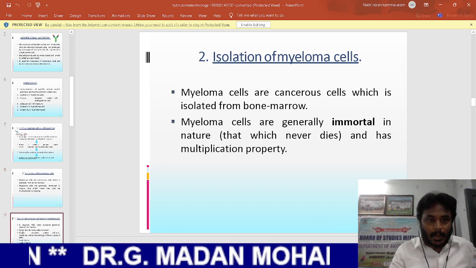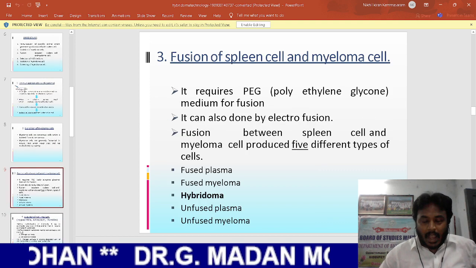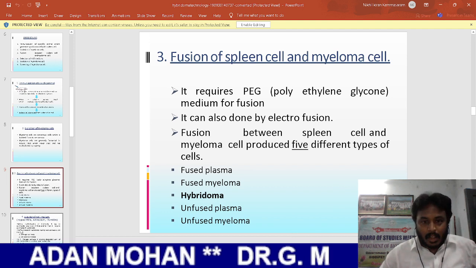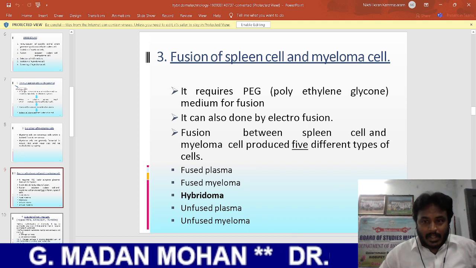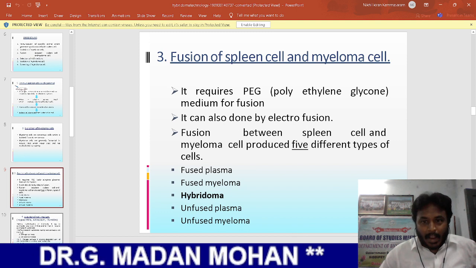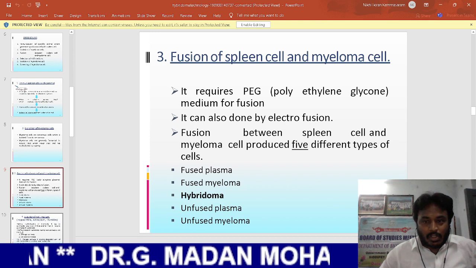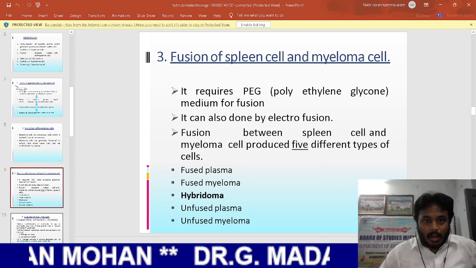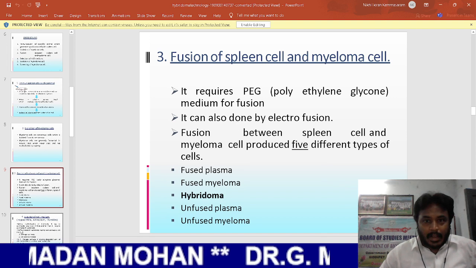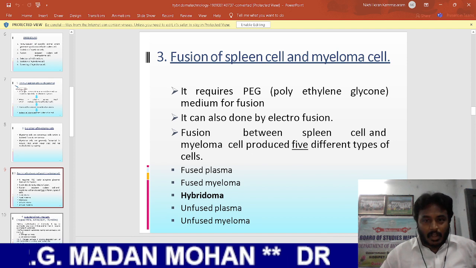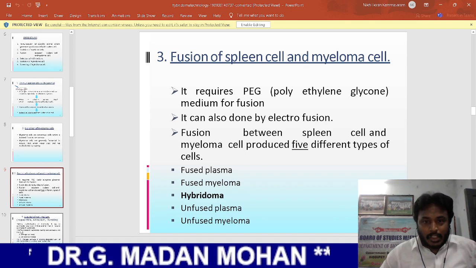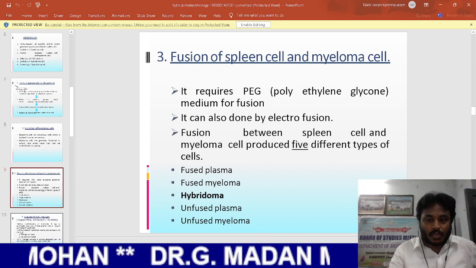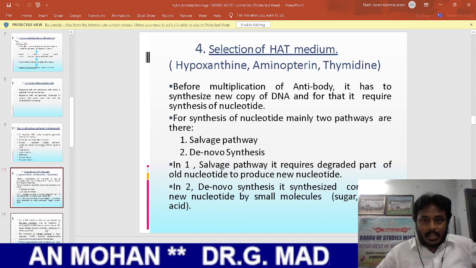Coming to the third step, B lymphocytes and myeloma cells are fused. Before fusion, the myeloma cells are treated with 8-azoguanine, and this 8-azoguanine removes HGPRT from the myeloma cells. So B lymphocytes are fused with HGPRT minus myeloma cells. That is commonly called somatic cell fusion. Once the fusion is over,